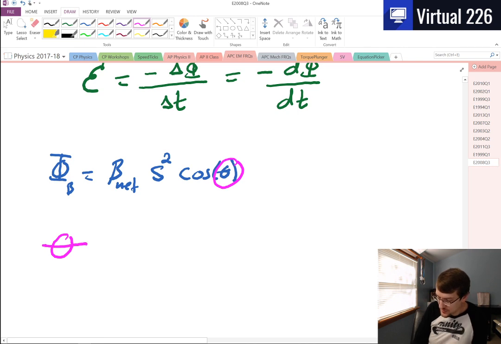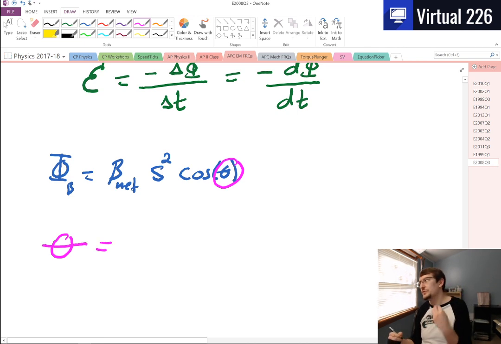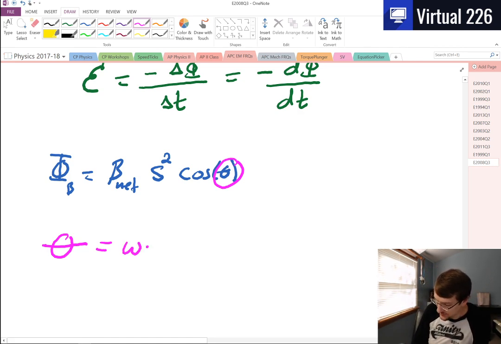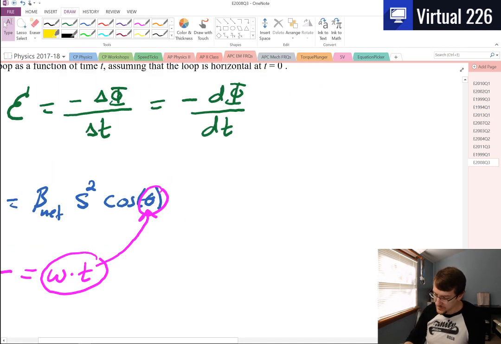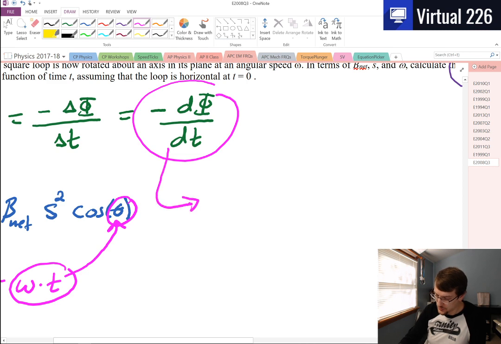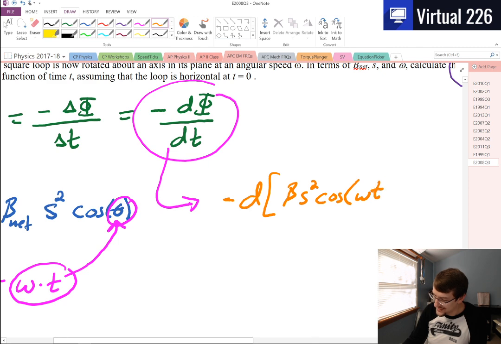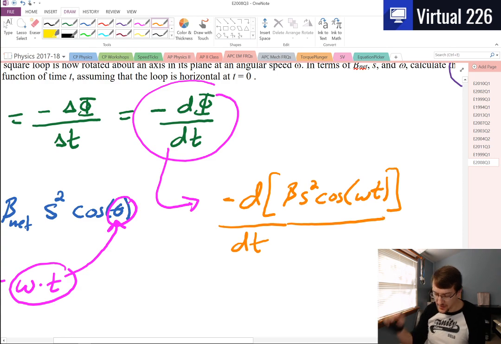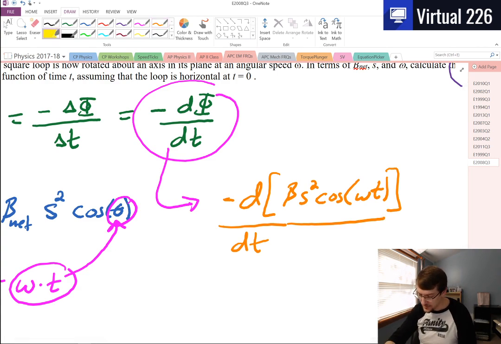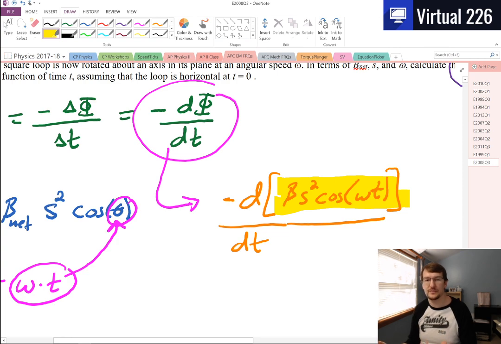Now, what we can do, and this goes back to your mechanics knowledge, is theta, that's an angular displacement. Well, a displacement in general is a velocity multiplied by a time. So an angular displacement is an angular velocity multiplied by a time, so we can stuff that in there. What this means is that when we use this equation, the minus d theta, which is B S squared cosine of omega t now, dt,